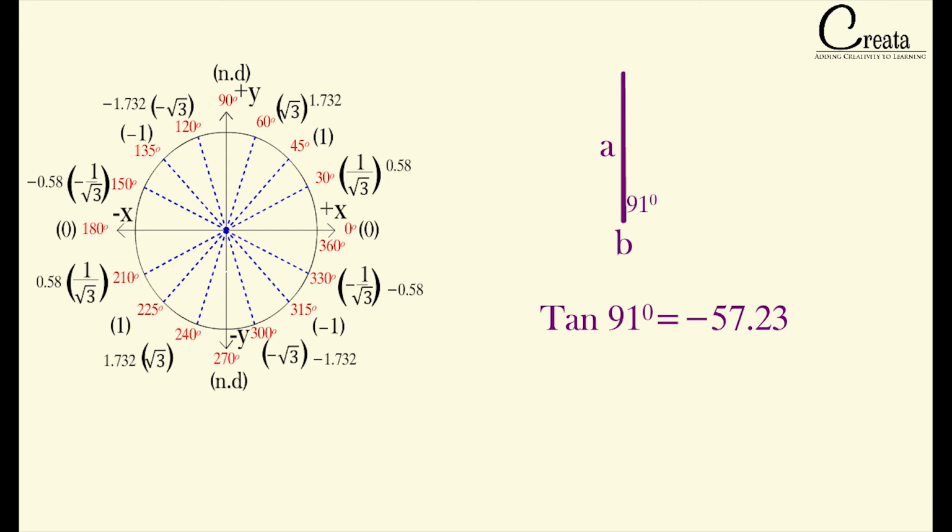Now we will go to points between 91 and 90. Let's further decrease the angle. Say tan 90.5, it is minus 114. 90.2, it is minus 286. 90.1, it is minus 572. Now we will go to further points between 90.1 and 90, say 90.01. And further decreasing the angle, you will see that tan value is further decreasing exponentially. It will keep on decreasing and will reach a very low value, that is minus infinity. So we say that tan 90 degree is minus infinity.